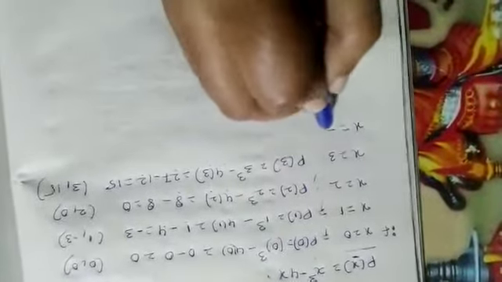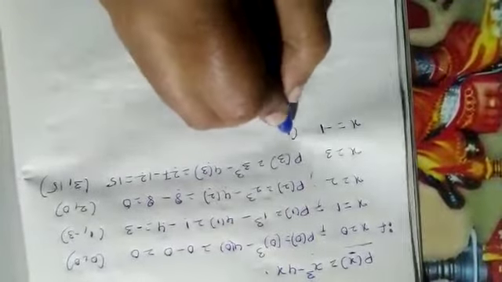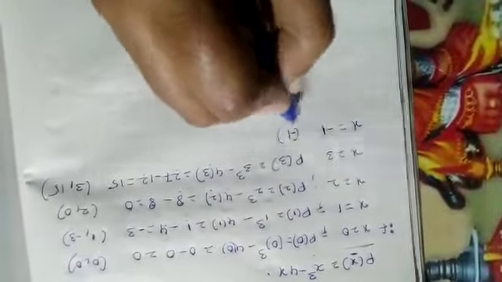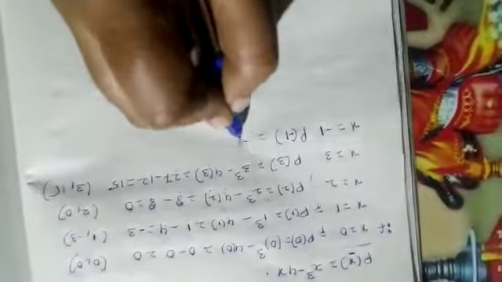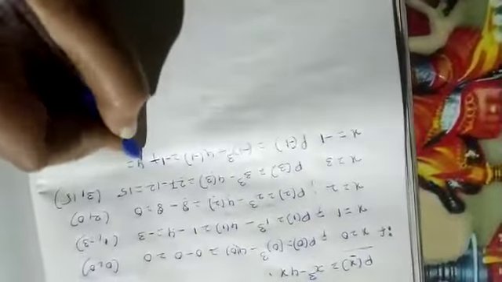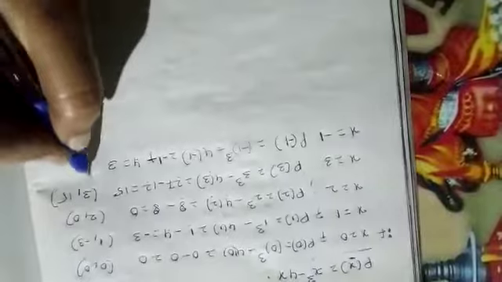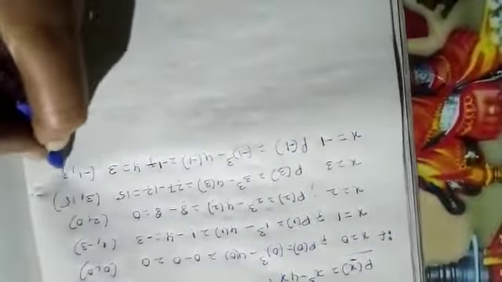And if we take negative values, if x equals minus 1, p of minus 1 equals minus 1 whole cube minus 4 into minus 1. Minus 1 whole cube is minus 1. Minus into minus plus 4 into 1, 4. 4 minus 1 plus 4... which is equal to plus 3. Point is minus 1 comma 3.